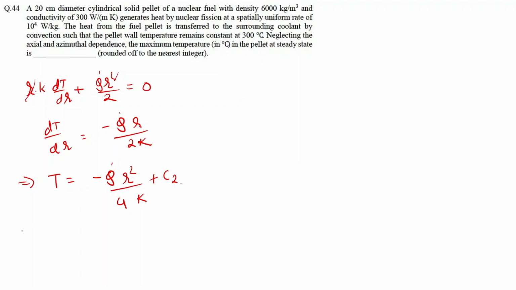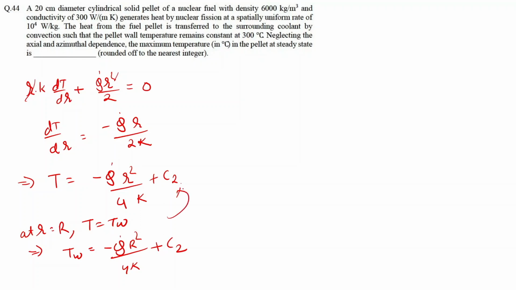Now we can use another boundary condition, that is at r equal to capital R, that is at the radius, we have been given the wall temperature as Tw. So we can write that Tw is equal to minus Q dot R square upon 4k plus C2. From this we can find the value of C2 and put it over here, and we can get the temperature profile as